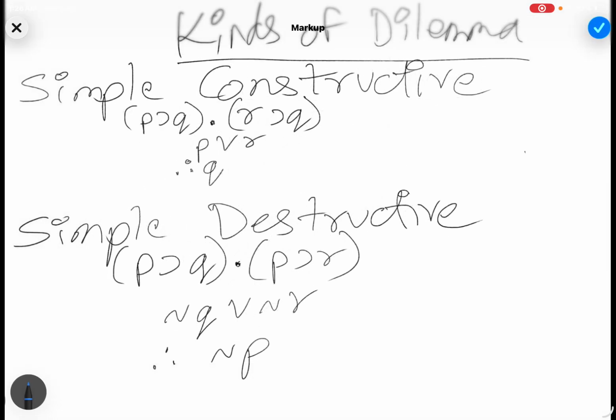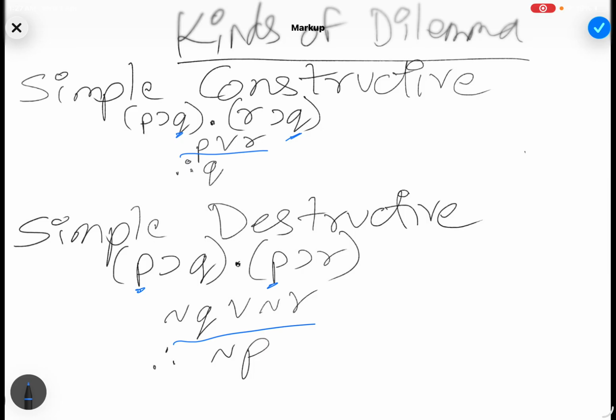Next, you have simple constructive dilemma and simple destructive dilemma. In simple constructive, the consequent of both hypotheticals in the major premise is the same. In simple destructive, the antecedent of both hypotheticals in the major premise is the same. The minor premise remains exactly as in complex constructive for simple constructive, and in simple destructive, the minor premise remains exactly as in